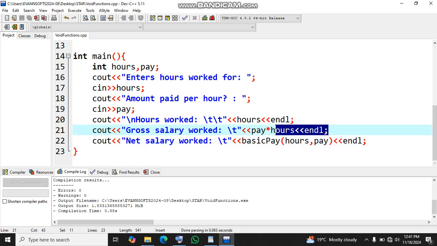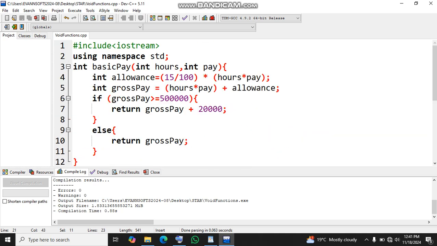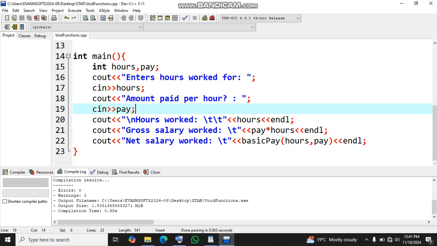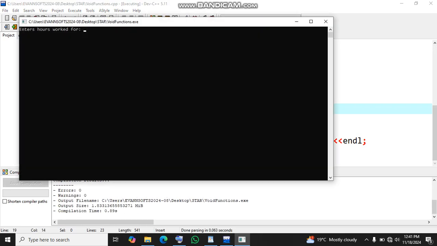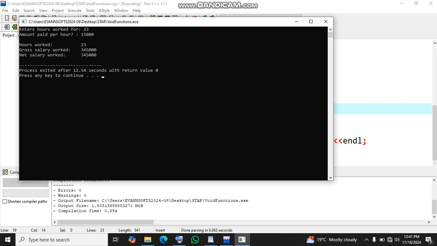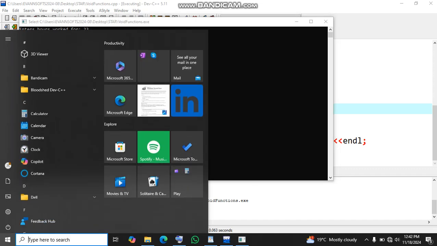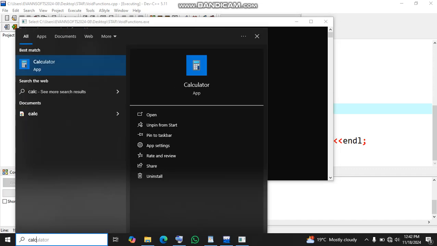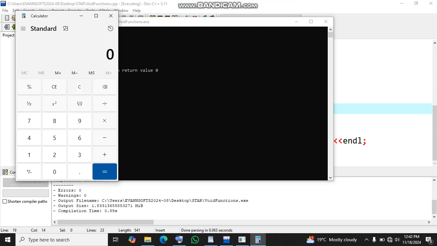Okay, so that's it. Let me scroll slowly. If we run this, how many hours worked for, 23 hours. What is the pay? 15,000 per hour, and then this is the amount. So you can easily see that here we don't have the 15% increment. Why? Because if I can get a calculator here,